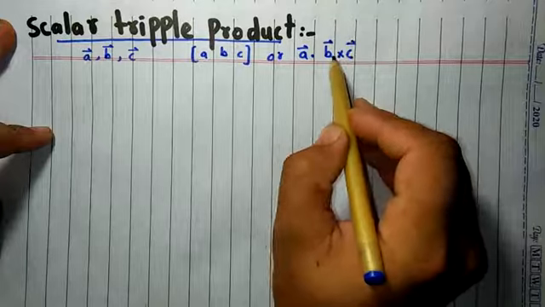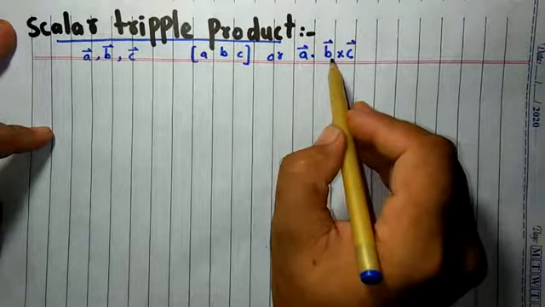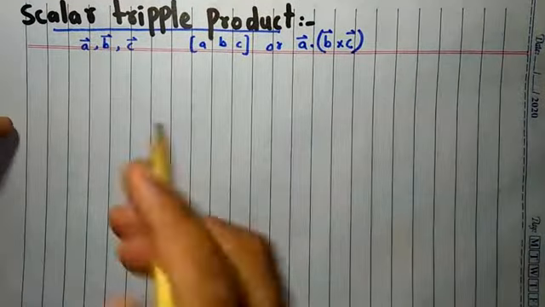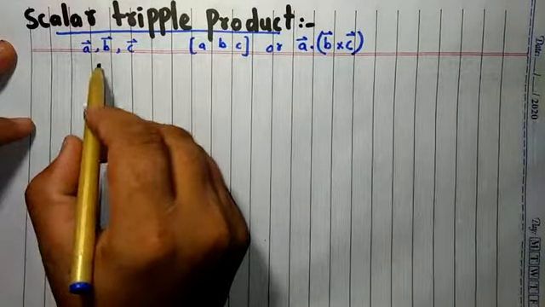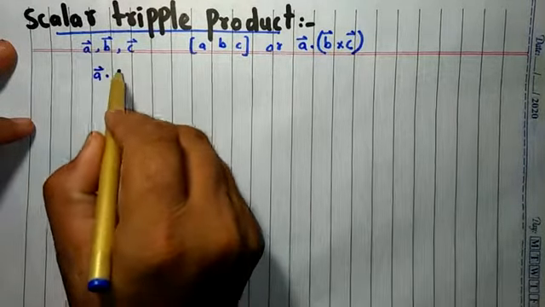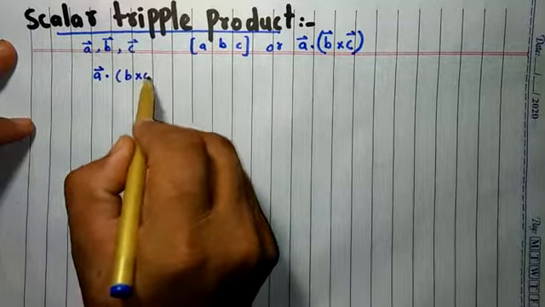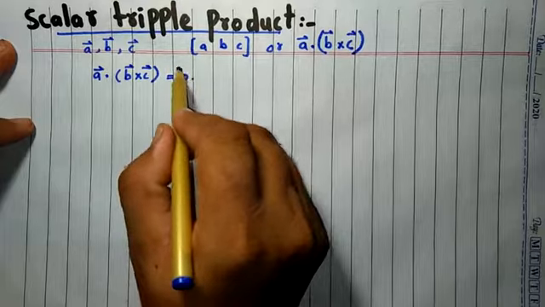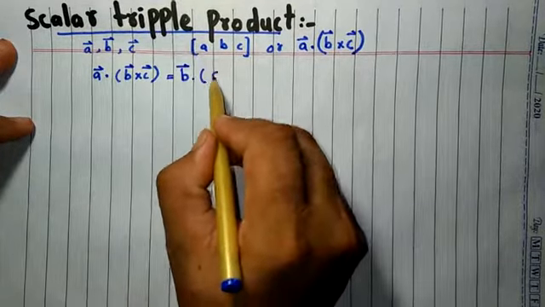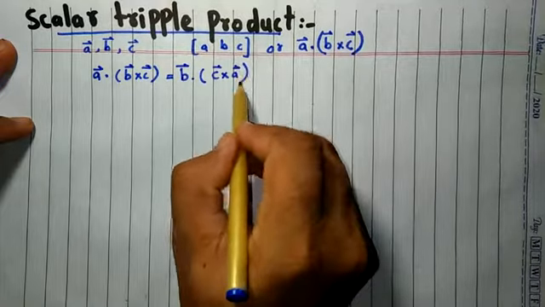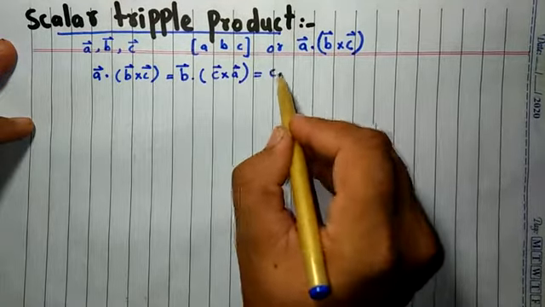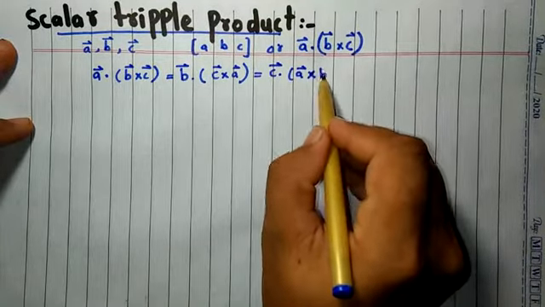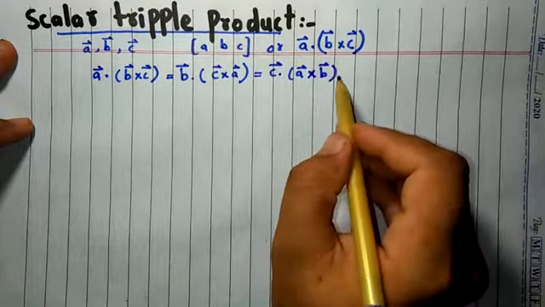If we see that notation, this is same as if we put brackets, and there should be no confusion to deal with A dot B cross C will be equal to, if we write B dot C cross A, and this will be also equal to C dot A vector क्रॉस प्रोडक्ट इसका किसके साथ होगा, B वेक्टर के साथ होगा।